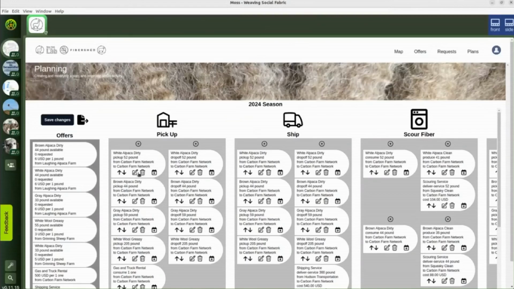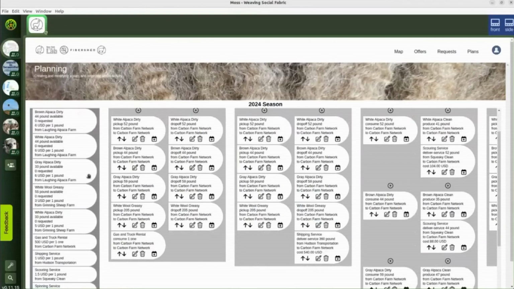So people can edit or delete any commitment, and people can move them around just for their convenience. But looking at the beginning of the plan, you can see that the first process, picking up this fiber from the farmers,